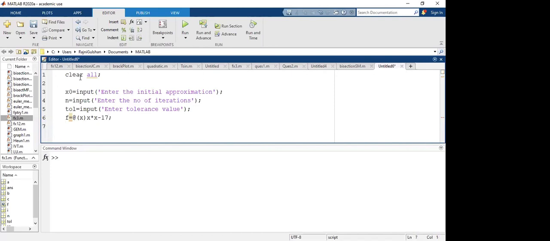So now let us write down the derivative. What is derivative? Derivative of x square minus 17 is 2x, right? So derivative is 2x, okay? Now make use of